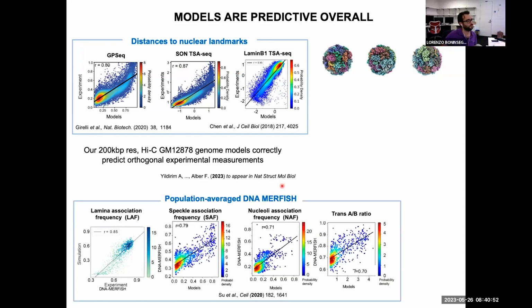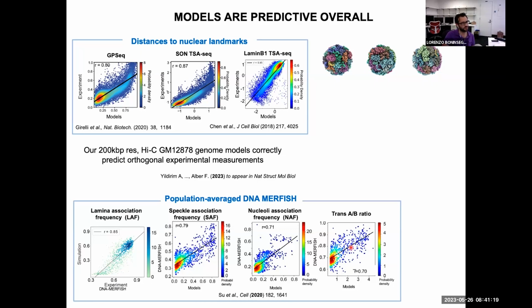Moreover, we compared our predictions with results from the recently published DNA MERFISH experiments paper. So here again, we are predicting very nicely the association frequency of the loci with the lamina, with the speckle, with the nucleoli, and even more quantities here. Something interesting is, besides